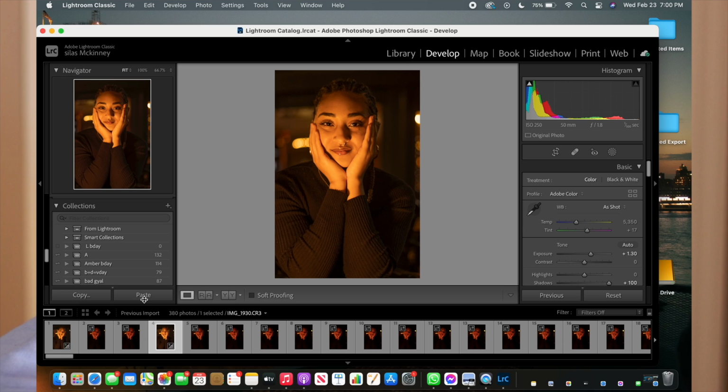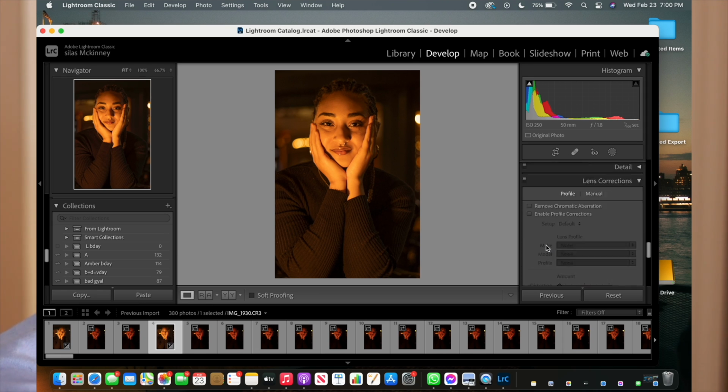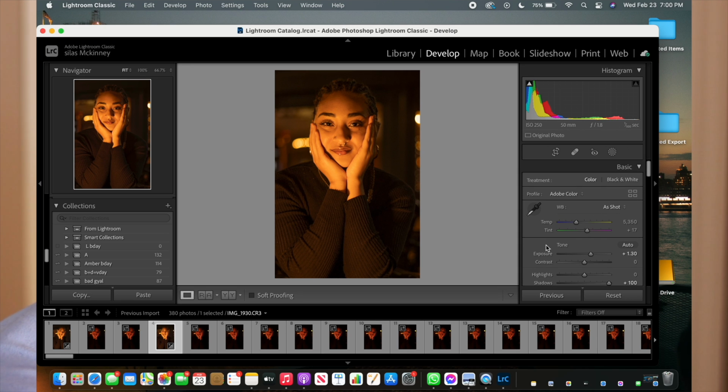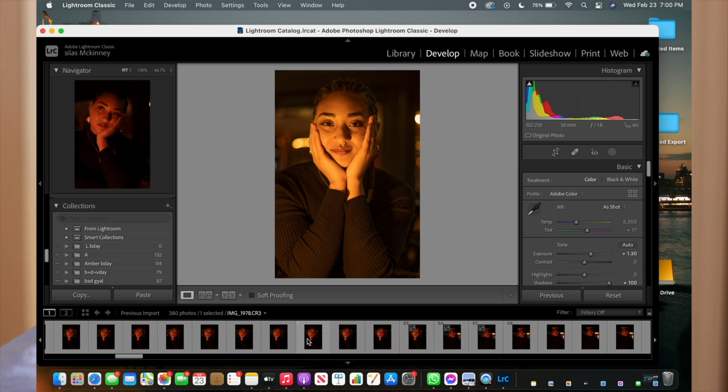That's why it's important to learn all of these tools that you have in Lightroom. All of these tools work together. Every single one of them does. But yeah, looks great. Looks awesome. But I know for certain that